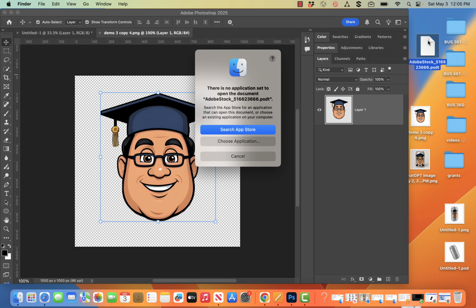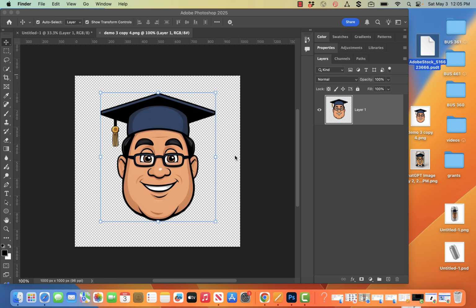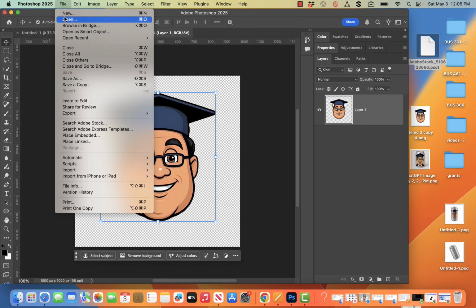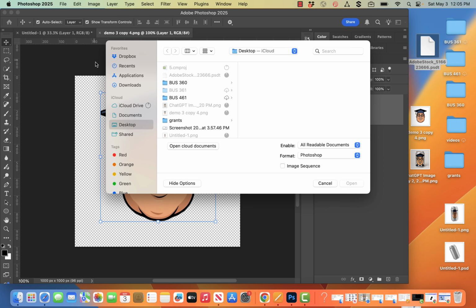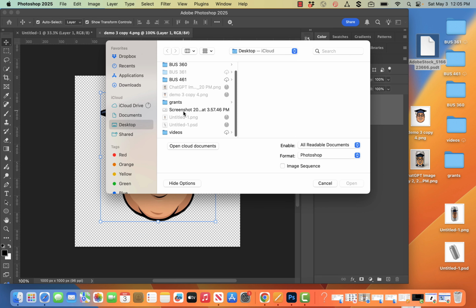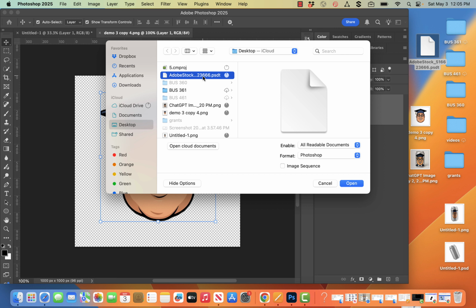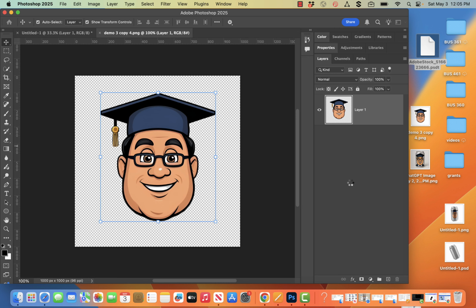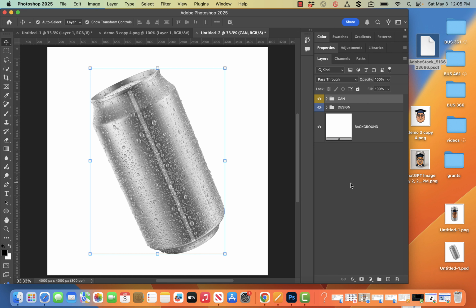Double click. It's not recognizing on my computer the file finder. Come on, Photoshop, file, open. Navigate to the desktop, and it's grayed out. Huh? Open it. There it is. All right, so